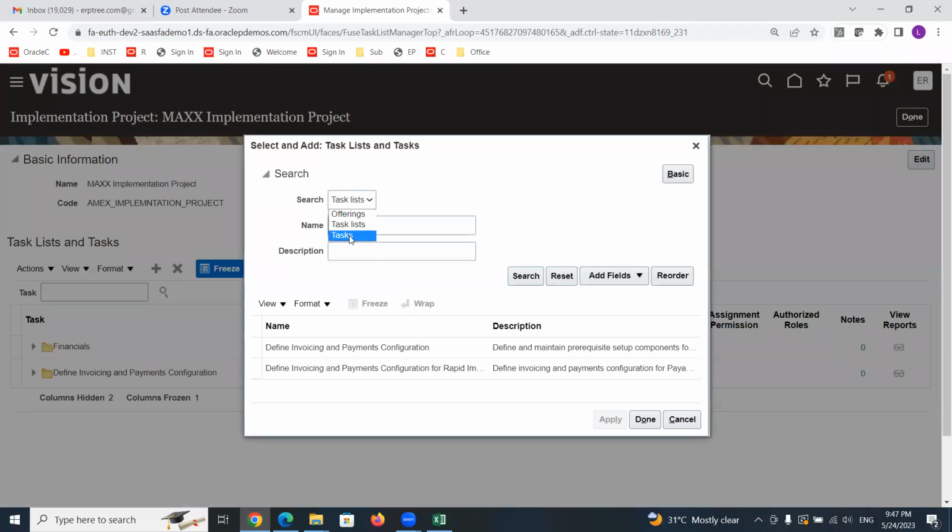You give the name as a task. If you try with the task list, you cannot find the task. Task list only you can find with the task list. Task list can be an option or inside of the option that could be a subfolder. Now select tasks. Now the task name is manage payment terms.